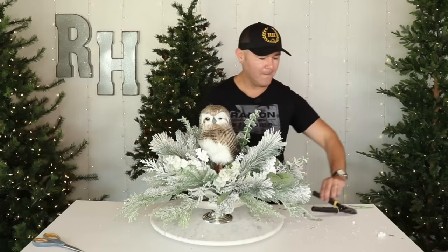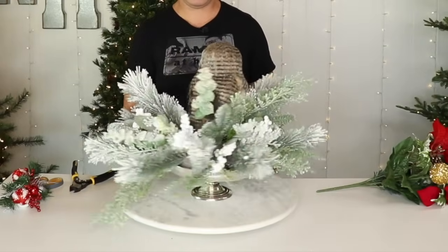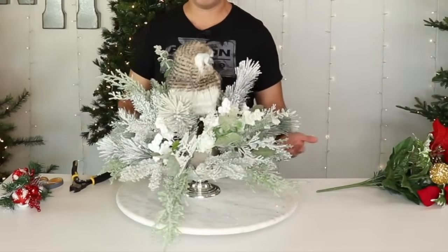I also love it, but this little bird needs a little pop of color. So I'm gonna get some pop of color in the form of poinsettias and some other items, and I'll be right back. Keep watching. Okay, so far we've added our foam and we added all of these picks of flocked greenery,